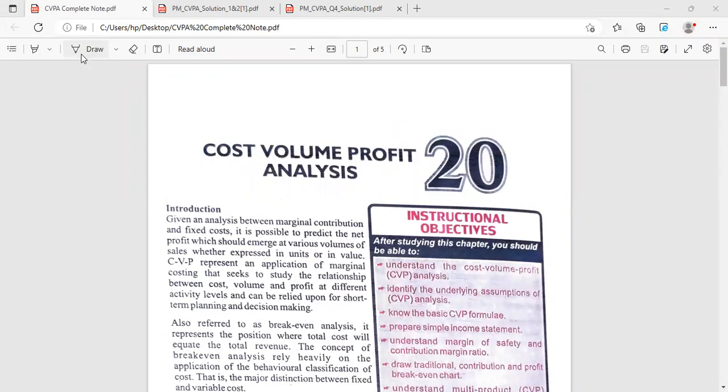All right, so this is a new topic. It's called CVPA, and I'm sure that you must have seen this in your past questions, where you'll be asked to calculate break-even points in unit and break-even points in value. So after this class, once you see that question in your past question again, just eat it, enjoy it, and